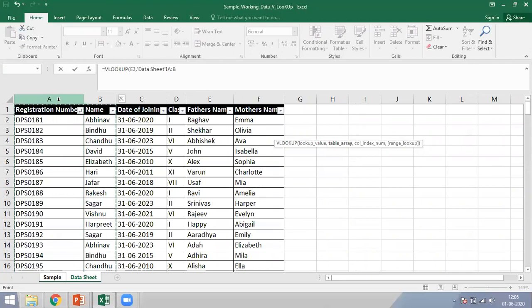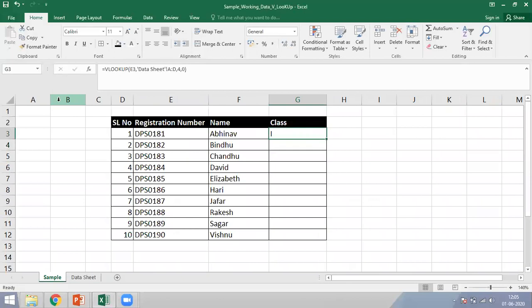As I progress and increase my range, you can see the numbers increasing: 2C, 3C, and now it has become 4C. These running letters and numbers help us know the column number in which our required information is available. So it is available in the fourth column. After the comma, I have entered 4. Now I'm entering 0 since I want an exact match. See, I've got the information that I require.